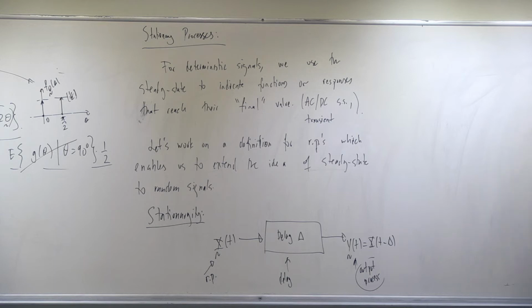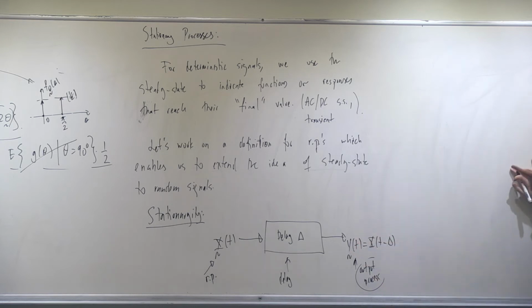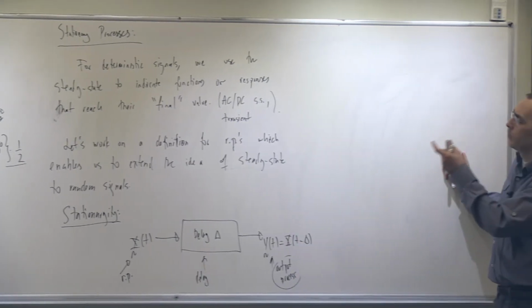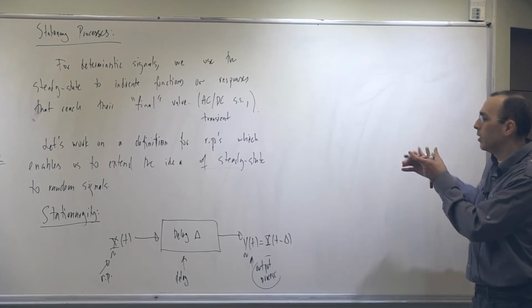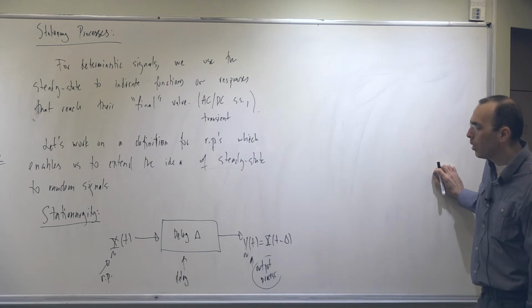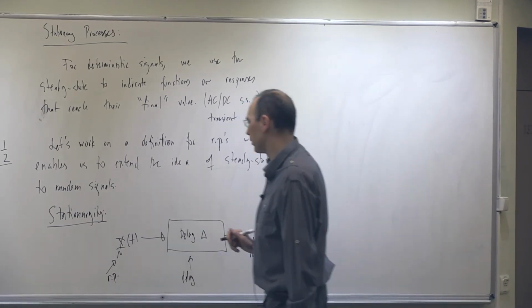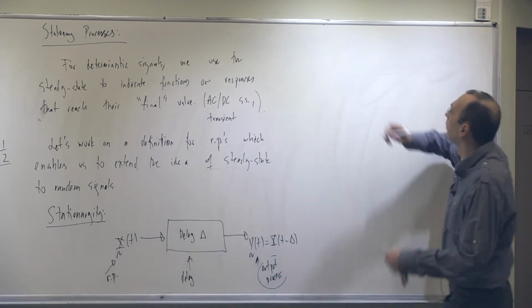In AC steady state, it's a little bit complicated, because it's the cosine function. The argument of the cosine function is omega t plus theta. You see the same cosine function after some time. Okay. So how can I extend such ideas to random processes, related with the delay?